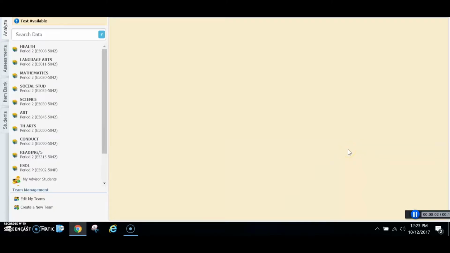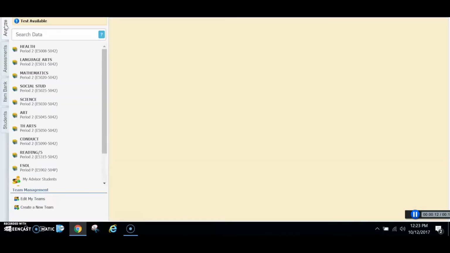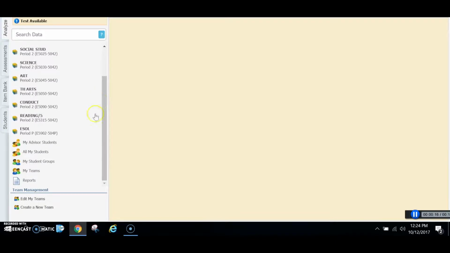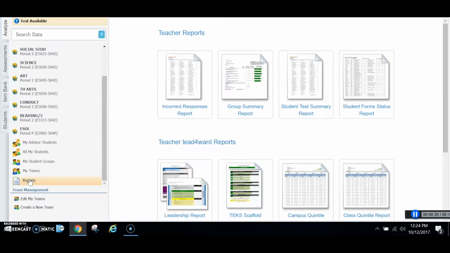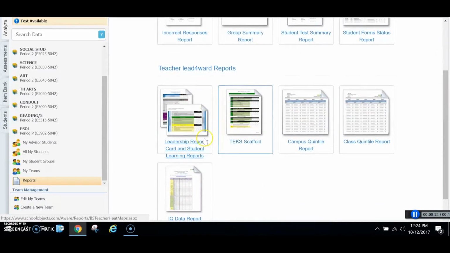This video will show you how to create your own customized heat map. Once you are logged into Aware, you want to make sure that you are on the Analyze tab. Once you're on the Analyze tab, you're going to scroll down on the panel on the left-hand side and select Reports. When you choose Reports, the heat maps are actually located inside the Leadership Report Card and